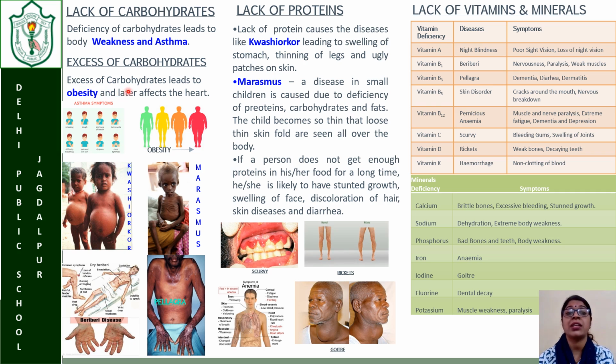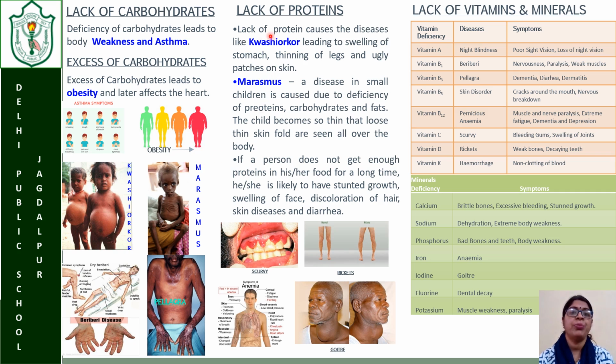But if we are eating excess of carbohydrates, I told you earlier also, if you are not utilizing that much carbohydrate to produce energy, it starts storing in our body system. Under the skin, it is stored in the form of fat. So that will lead to obesity. Now you can see the green is healthy. Eating so much carbohydrate is increasing the circumference of this person, and the person is becoming obese. The obese person is not only becoming fat, the heart is also getting affected because the blood vessels of the heart start filling with cholesterol, and the cholesterol blocks the blood flow and it can lead to heart